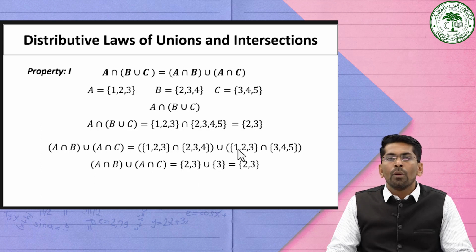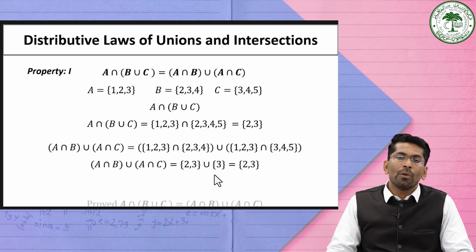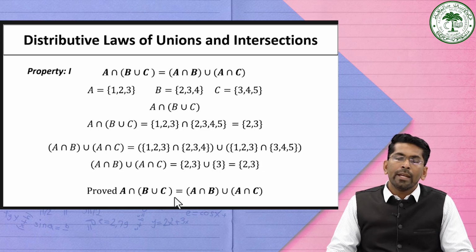Then union 1, 2, 3 intersection 3, 4, 5. So here only 3 is common. So we are taking here 3. So it is 2, 3 union 3, which is equal to 2 and 3. So here also, see, A intersection union C is equal to 2 and 3. A intersection B union A intersection C is also equal to 2 and 3. Hence we have proved here that A intersection B union C is equal to A intersection B union